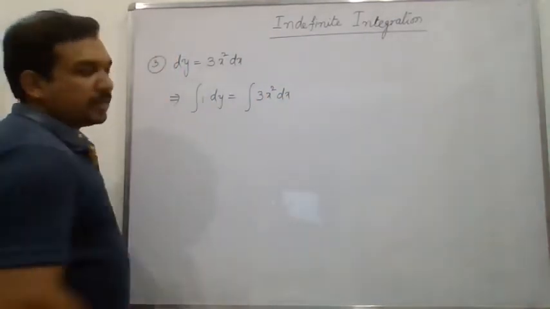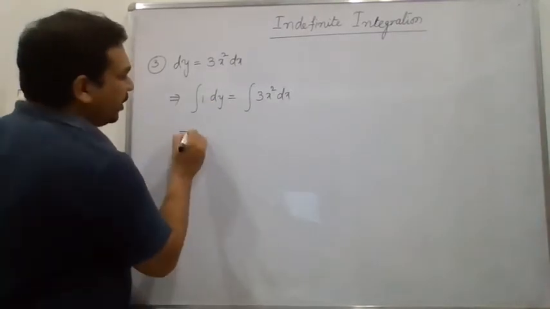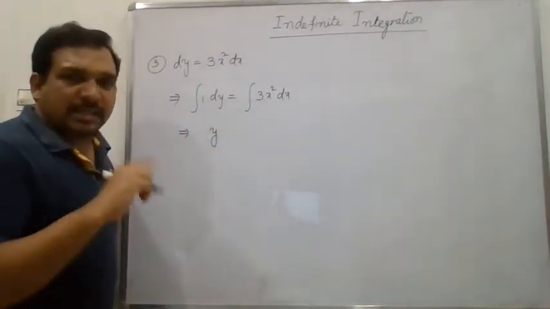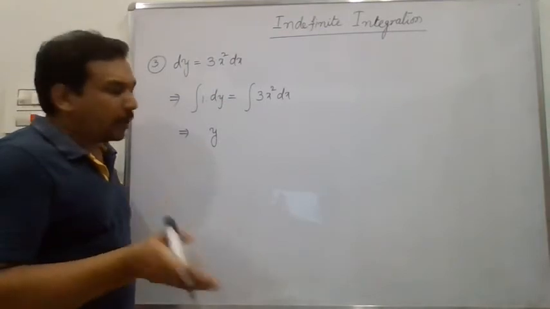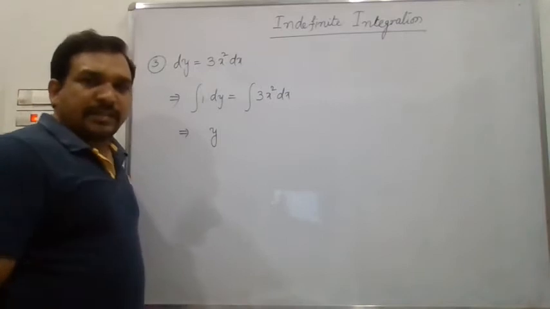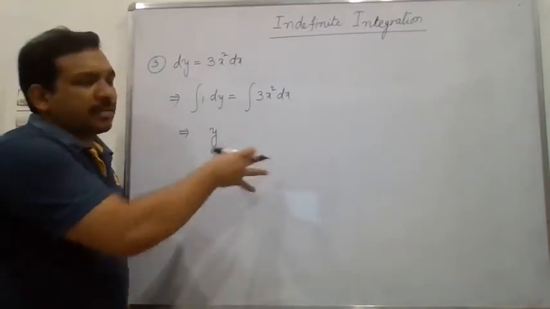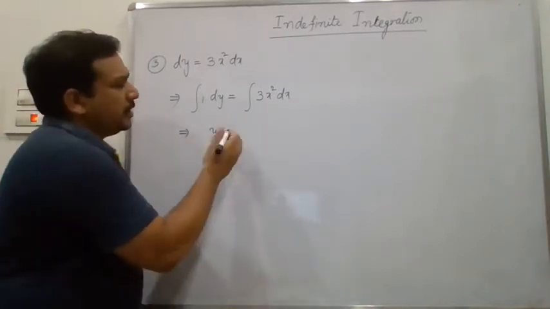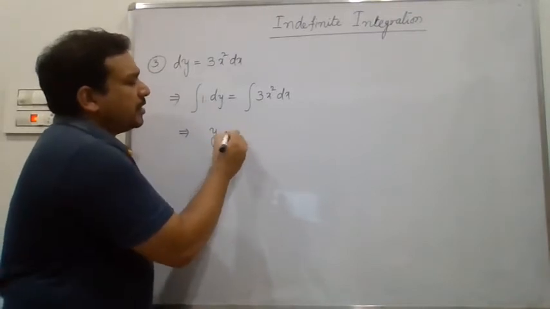Integral dy is nothing but integral 1 dy. Integral 1 dy is what? y plus constant c1, I will not write. From now onwards, at last after writing all answers, I can write there plus c, an extra constant c. So every time it is not necessary to write the constant here. So integration of dy is y.